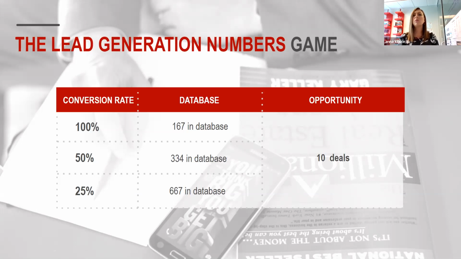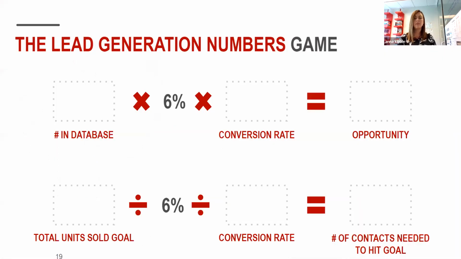And I would say most real estate professionals have about a 50% conversion rate in their database. It's going to be very, very few and far between who are at that 100% mark. It's really going to be a super rare occurrence. So let's look at the formula and how this plays out, assuming we'll need a 50% conversion rate. Okay, so it starts like this. We want to know how many people are currently in our database.